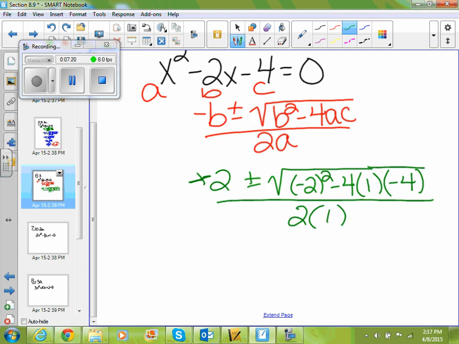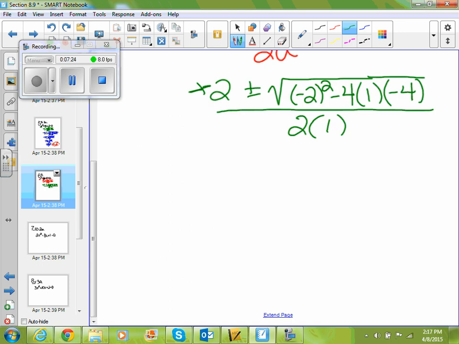Okay, so far plugging everything in. Does that make sense? Just putting it in. Not necessarily simplifying, but just putting it in. Okay, so I have positive 2 plus or minus the square root. What is negative 2 squared? 4. Positive 4. And negative 4 times 1 times negative 4 is